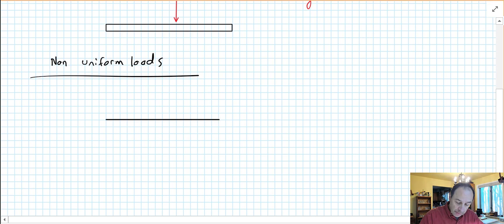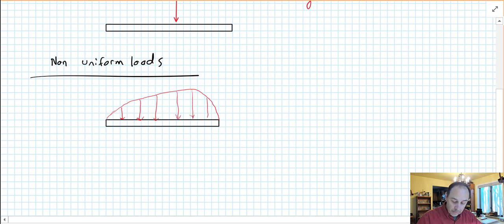So here's our beam, and I'm just going to hand draw a curve here like that, and we could see that this is not symmetric. Okay, we know that the support on the right is going to be taking up more of the load than the support on the left. We don't know how much. We can estimate that,